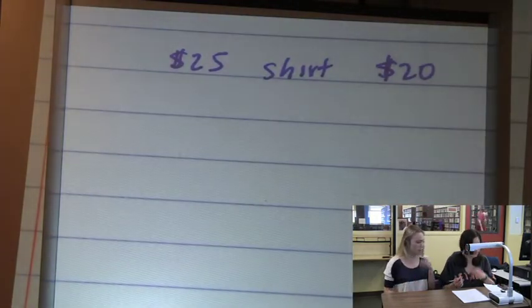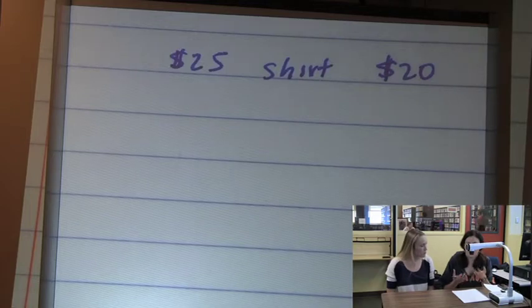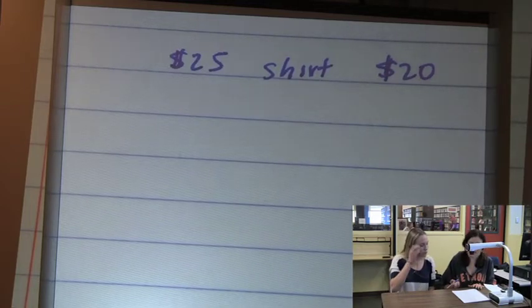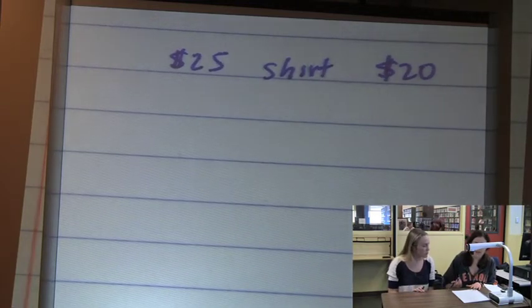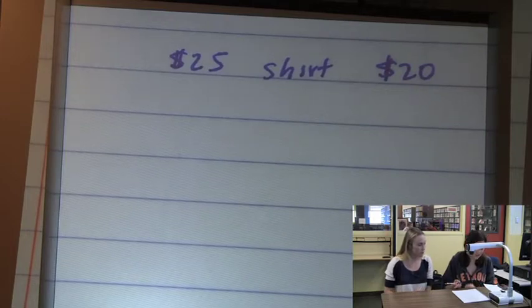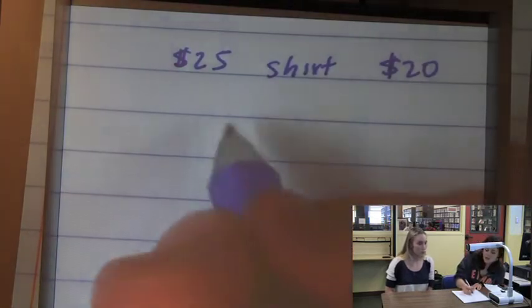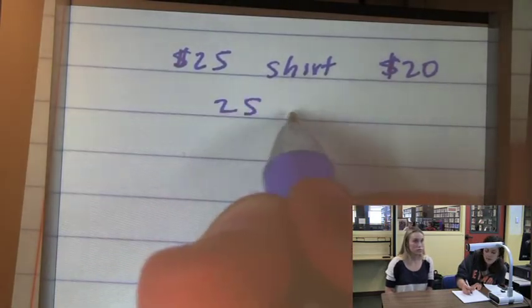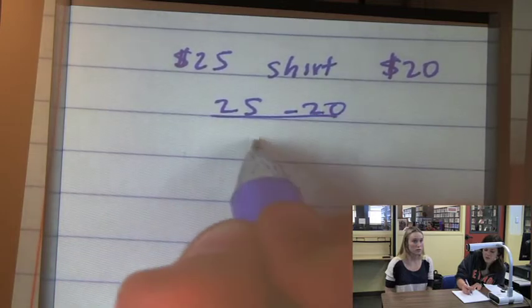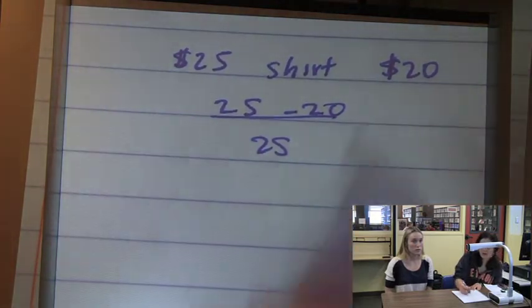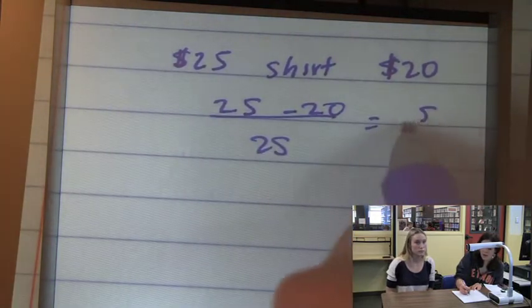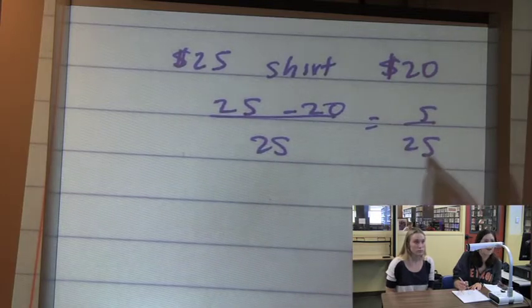To find out how much the percent was discounted, you take the change in the price over the original price. So that would be 25 minus 20 over 25, and so that would be 5 over 25,